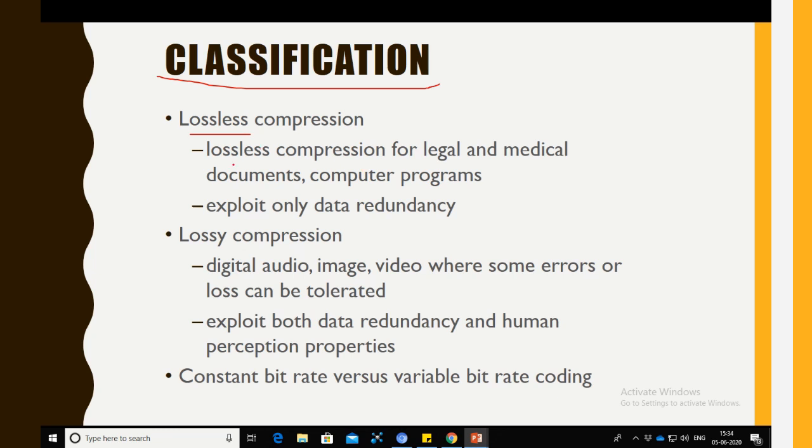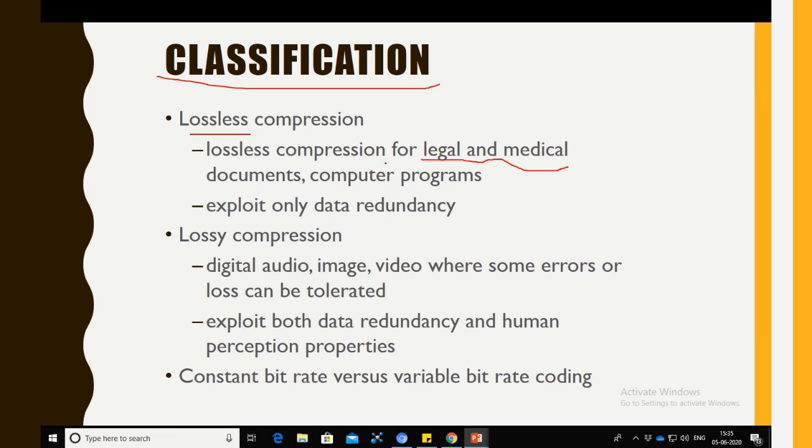So where are these things used? Whenever we talk about legal or medical documents, we expect that there should not be a single loss. Legal documents definitely, because you don't know which line is important. Medical, of course, the doctor will not like it if from the original data you give only 75% of the data, because they always say you should tell everything to your lawyer and your doctor.